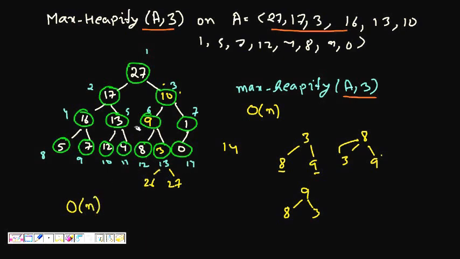This max heapify for any node i will take O of h, where h is the height of that node. Because you can see that every time the size of the tree becomes smaller by a factor of 2, because we are leaving the whole of the left or the right subtree. So for max heapify, if we are at node i, our max heapify will run in O of h time, where h is the height of that node.